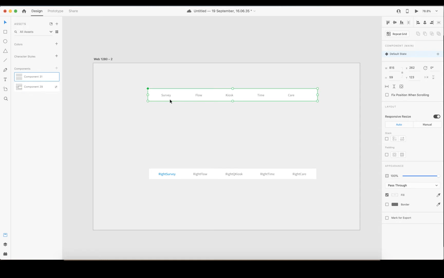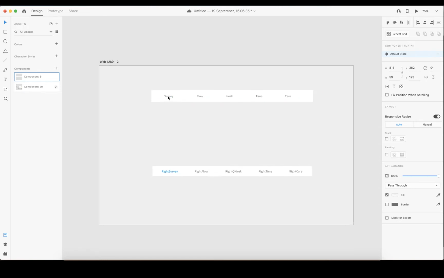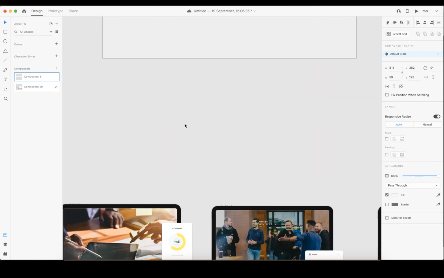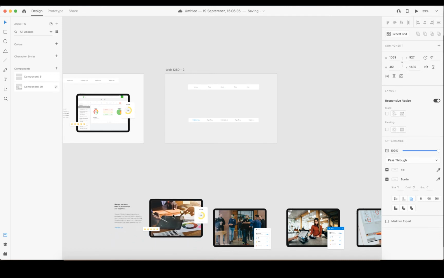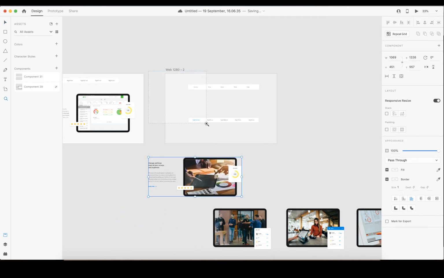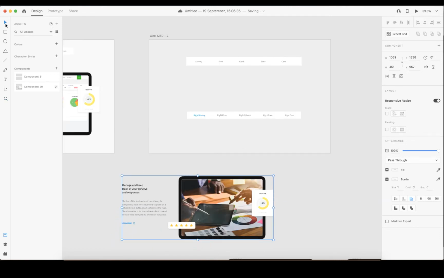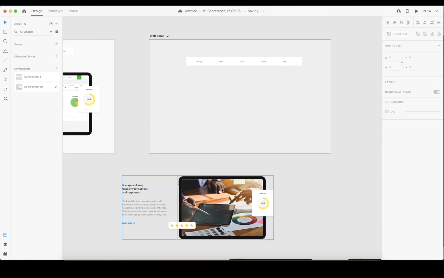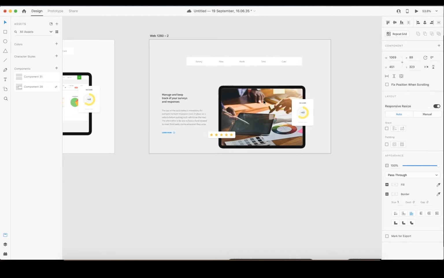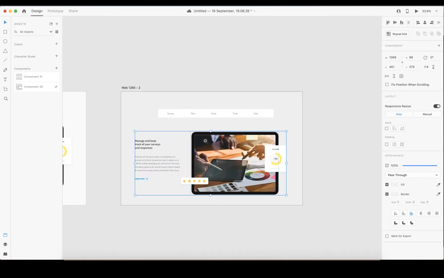We are going to deal with this one first, which is the Survey. When you come down, I already created some images which I'll be displaying on each of the tabs. I already created an image here. You can search for images and create something for yourself. Let me remove this one. Now I will drag this into the artboard.